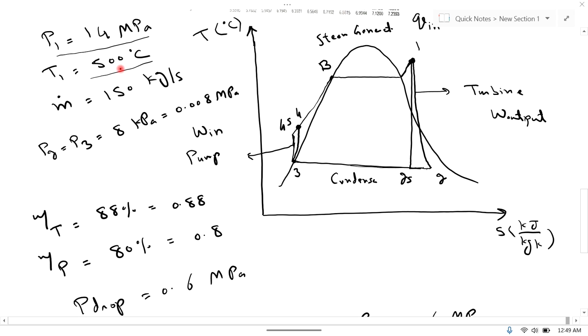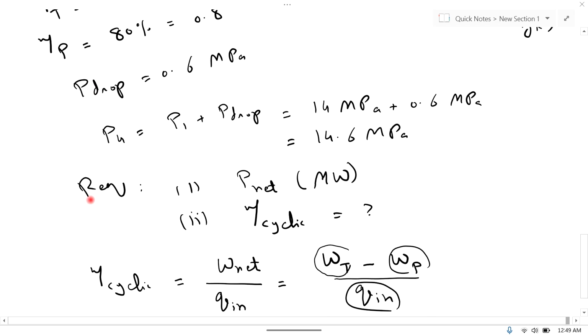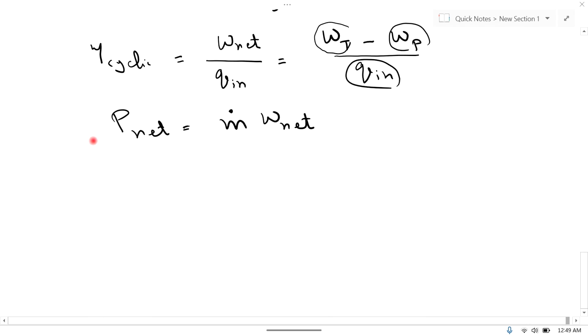This is a superheated temperature at 14 megapascal, and I can clarify this from the steam table. At P1 equal to 14 megapascal, from the saturated steam table,